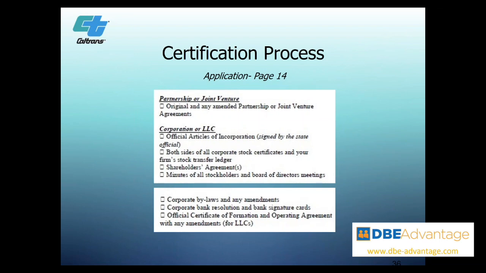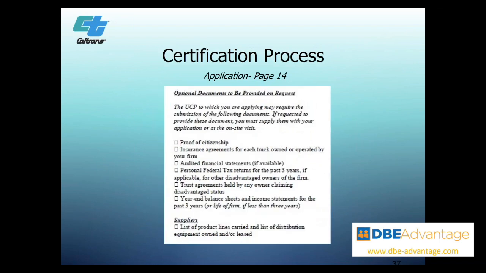Next slide. On the next slide, we're going to include additional information that's required depending on the structure of your business. For example, if you are a partnership or a joint venture, you have specific information that's required, which would include your partnership agreement or your joint venture agreement. If you're a corporation or LLC, you'll have the articles of incorporation, the stock certificate, the ledger information, the minutes of all of your board of director meetings, especially the first one, but certainly all of them up until that